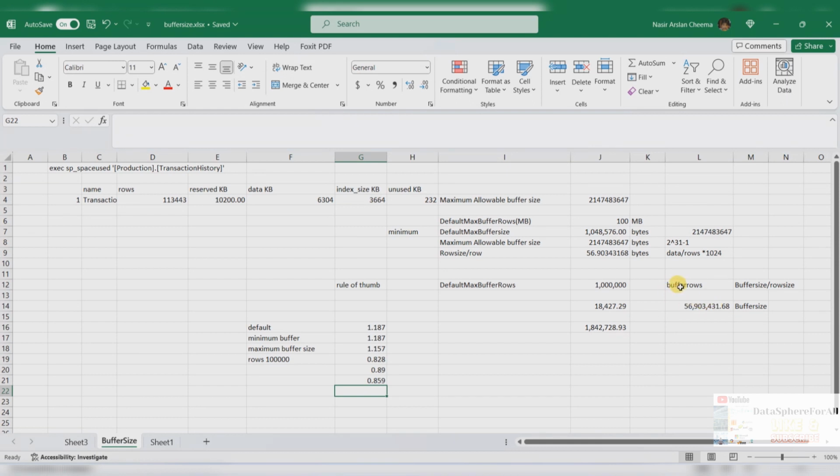but the thing is we are using the same formula. First, we are calculating the buffer size and keeping the rows at 1 million, just multiplying the buffer rows, 1 million, by the row size and calculating the buffer size. This way we are keeping the buffer size constant and then calculating the number of rows. So the two are equally identical in some way, but for each package and what kind of components you are using in SSIS,